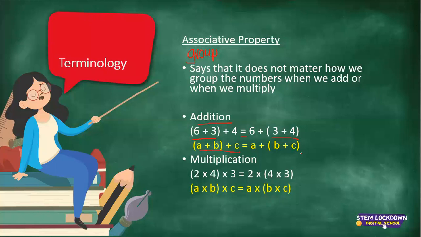Now with multiplication, I can group 2 and 4. I can say 2 times 4 in bracket times 3. It is exactly the same as 2 times in bracket 4 plus 3, right? So if I have an apple together, okay, there's a question